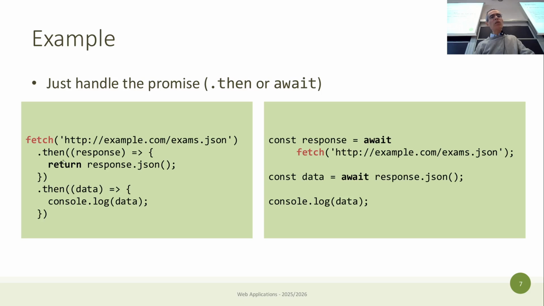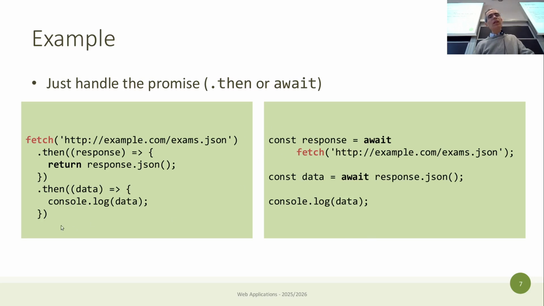I mean, this was sort of implicit because there was a then that in any case returns a promise. Here, JSON returns a promise, so await data is just the JavaScript version of the data structure contained in the JSON. Okay? So it's up to you to decide which syntax you prefer. Of course, here on the right, we didn't handle the rejected promise. Okay? We didn't do it either on the left, but here is .catch, and here it looks much cleaner, but